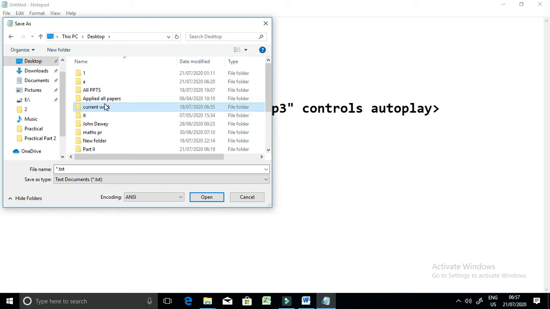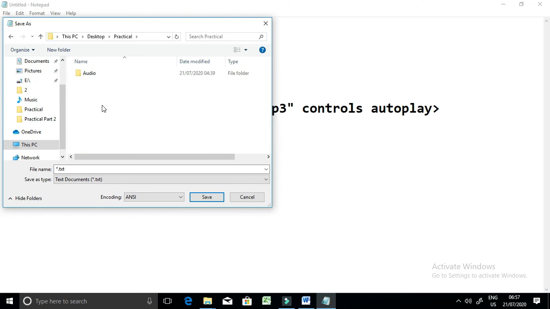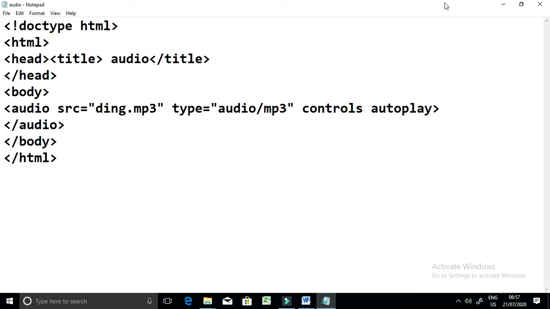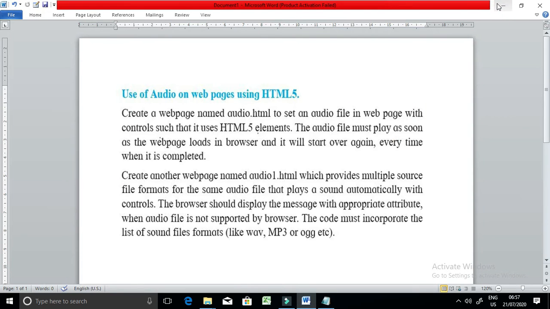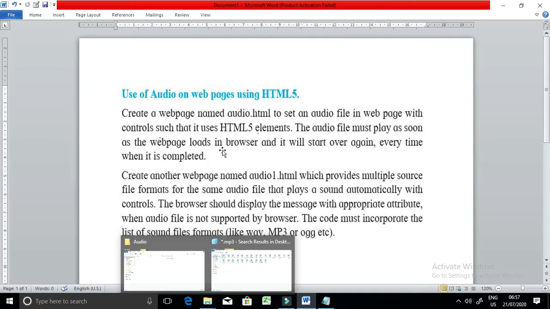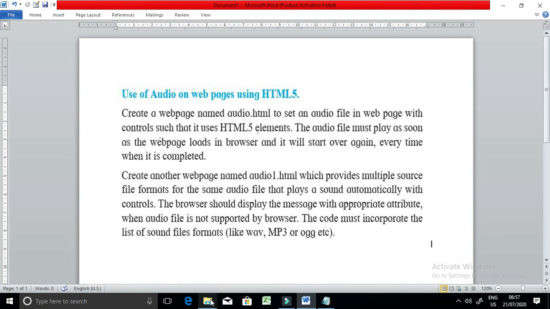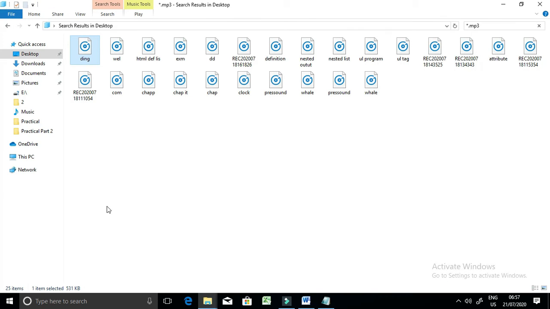In the folder with the name audio.html. After that you will take the source for the audio. You will go to my computer and type here star.mp3 and copy one audio.